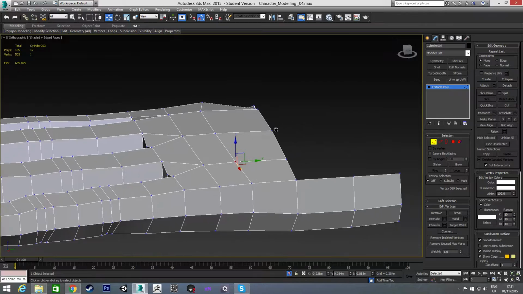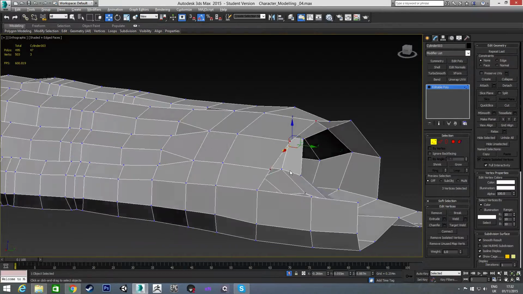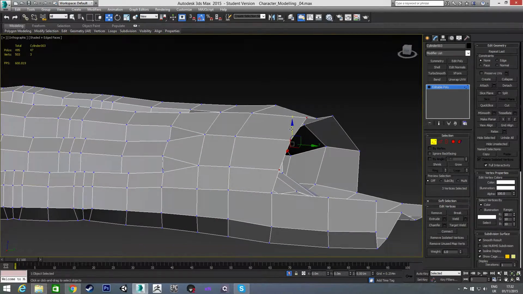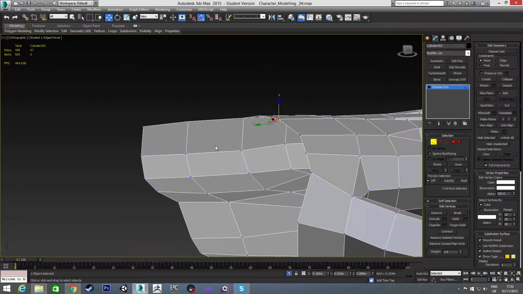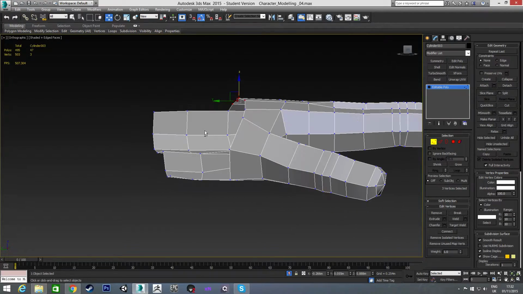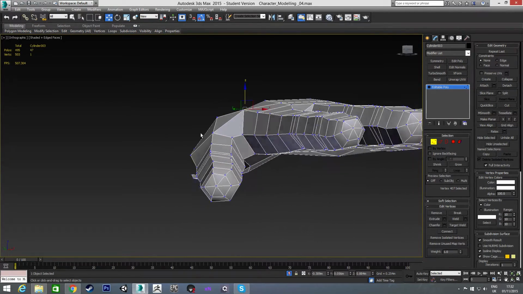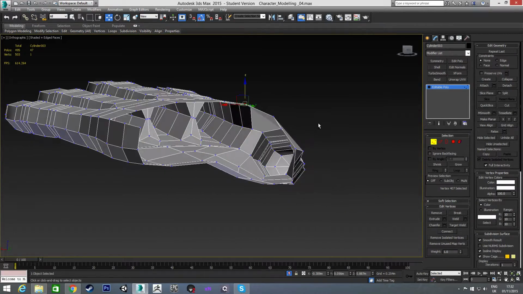So now we have this. I'm going to select those vertices that I just moved, and in this angle I'm just going to pull them up slightly as well, just so the hand stays coming up for a little bit, and it's going to come back down again when it gets near the wrist. So this one here is down too far by quite a lot. It's going to be over here,